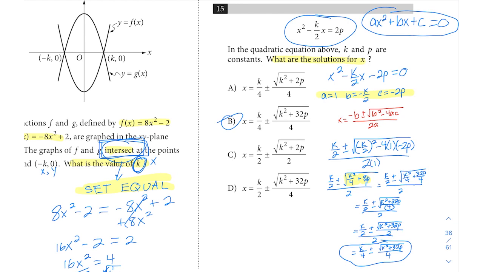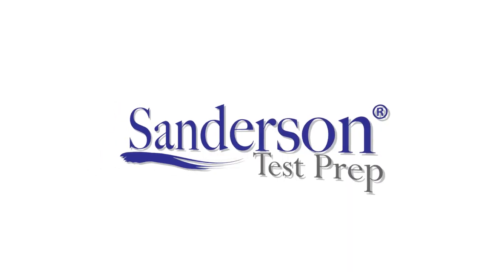So just make sure that we're smart about where we apply our time when we do get to questions this difficult. And if you are able to apply the knowledge needed here and find those values for a, b, and c and use